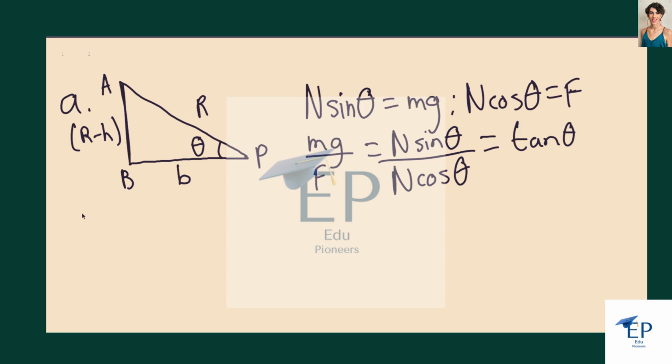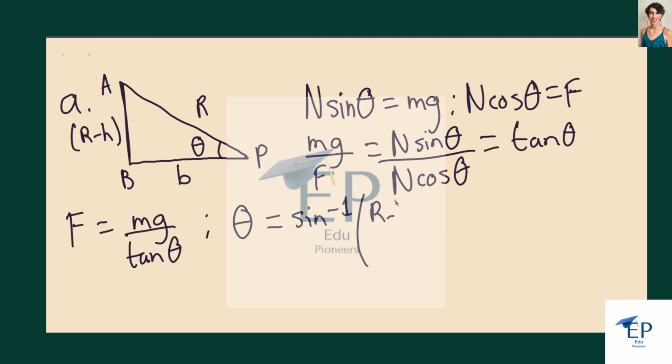So F is going to be equal to mg over tangent of theta. At this point, theta is equal to arc sine of (R minus h) divided by R, and F is going to be equal to